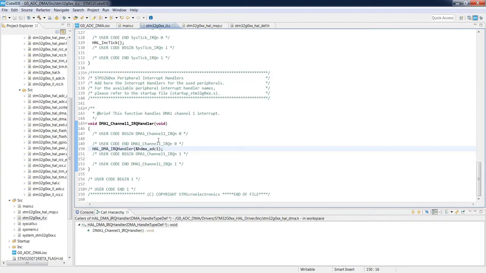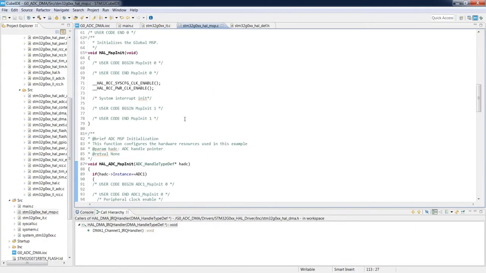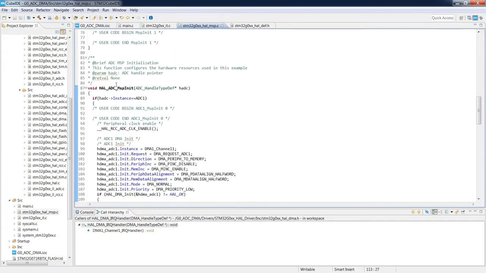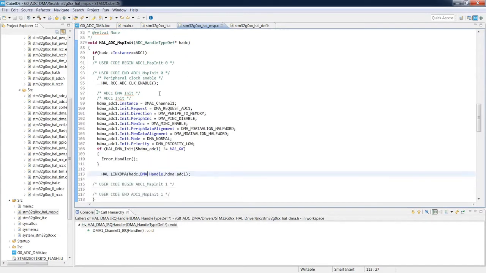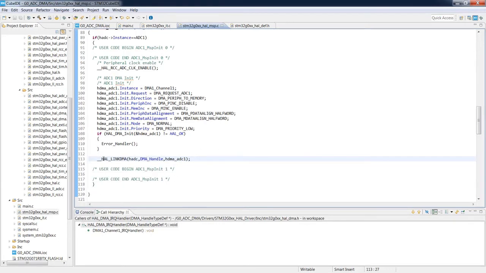So what we need to do is defined within the HAL MSP.c file. If we go to the ADC MSP init function, you can see that there is a configuration of the DMA channel, and that there is a macro called __HAL_LINKDMA, which is connecting our ADC with a DMA handler.